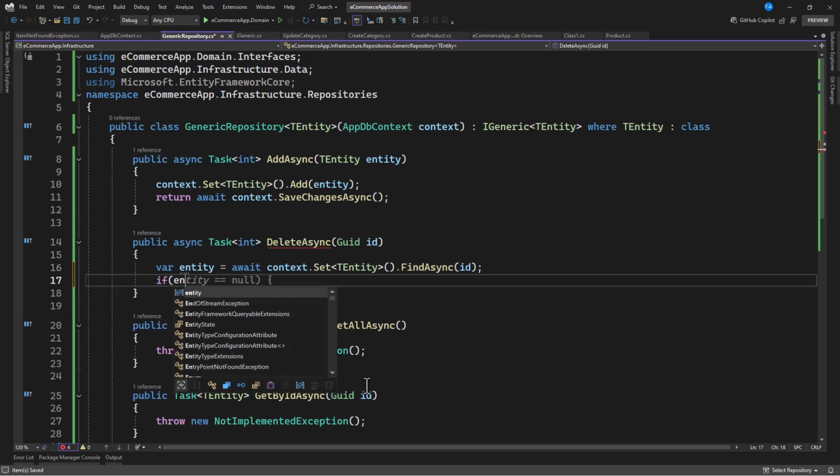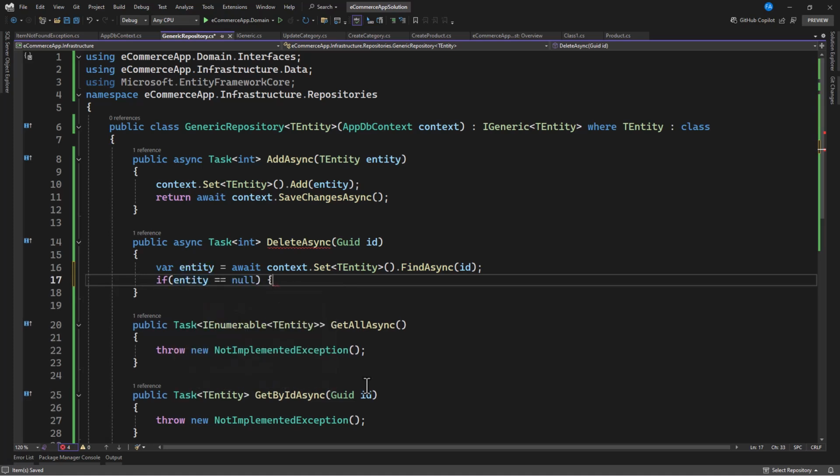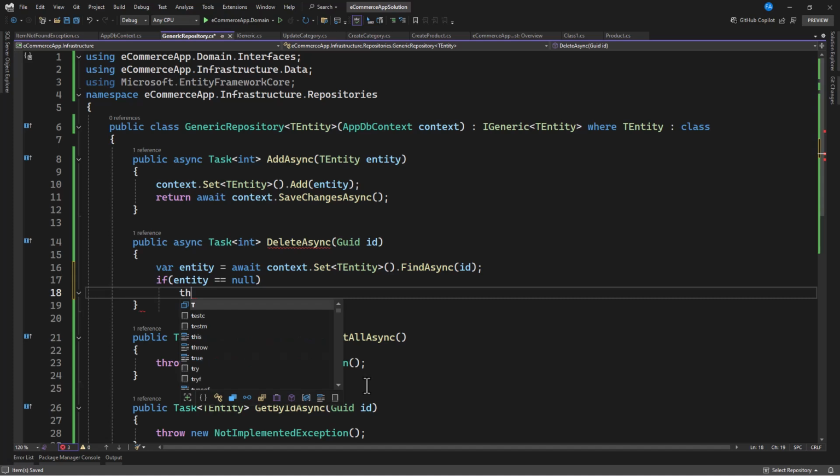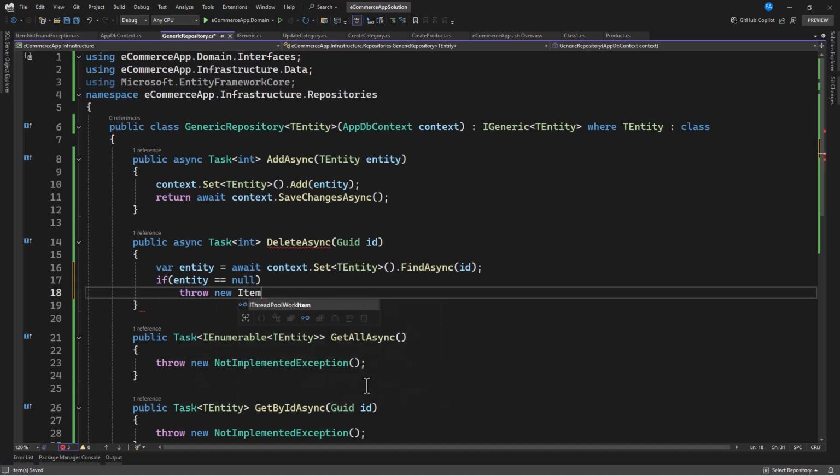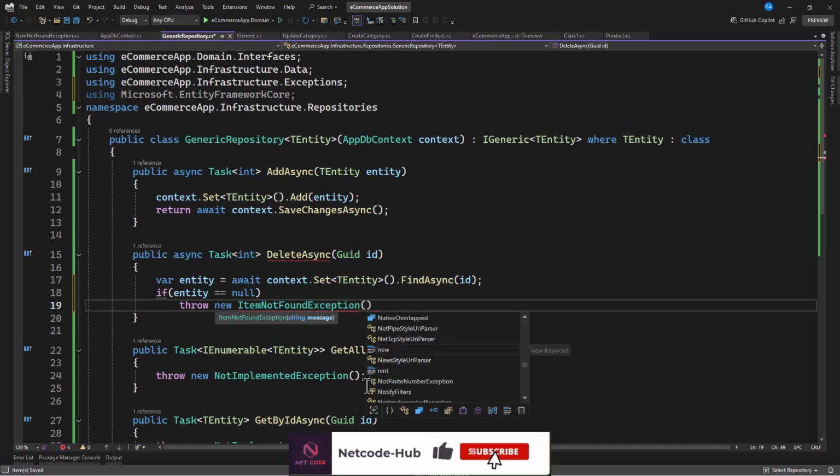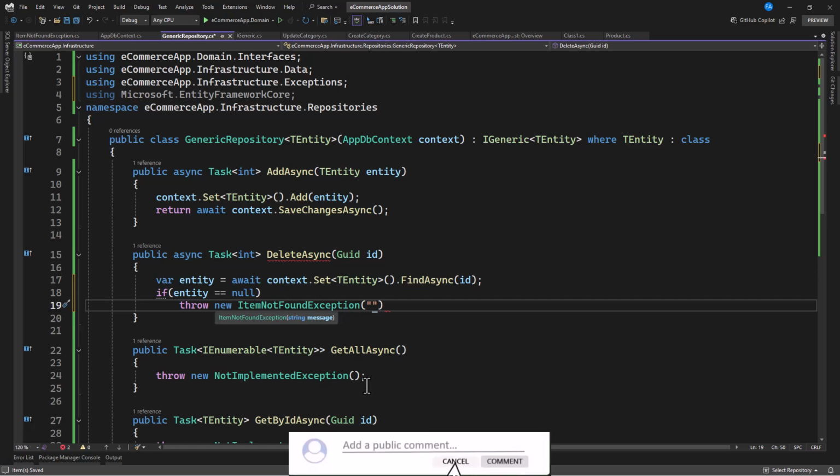So if entity is equal to null, then we can throw new ItemNotFoundException. That is coming from the folder that we created, and here it needs a message. So we can say that here,